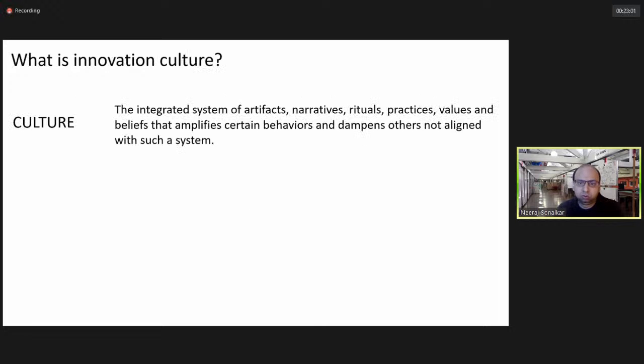So what is an innovation culture? There are many definitions for culture. The one I like is this one. A culture is an integrated system of artifacts, narratives, rituals, practices, values, and beliefs that amplify certain behaviors. So if I were to visit your company and just walk in to your premises, to your campus, to your building,